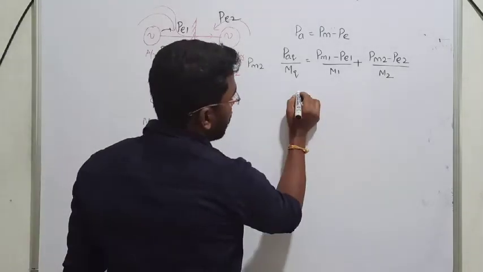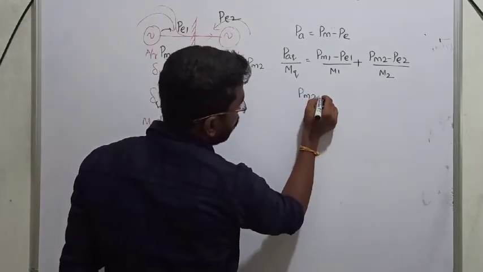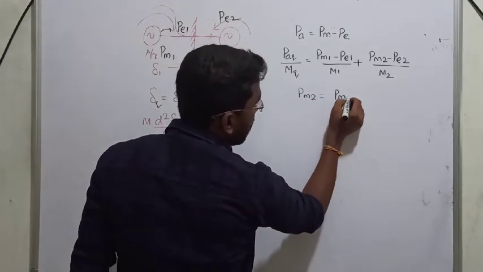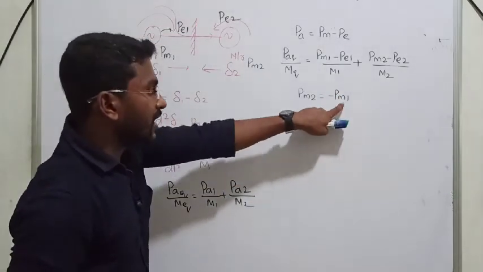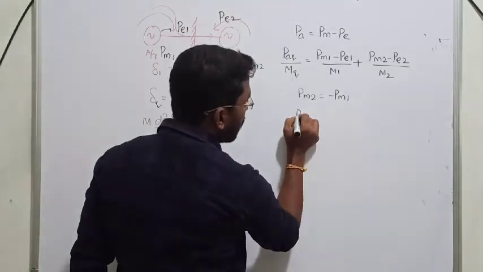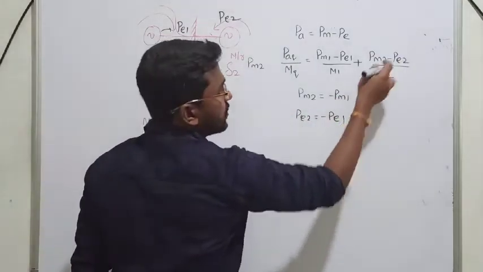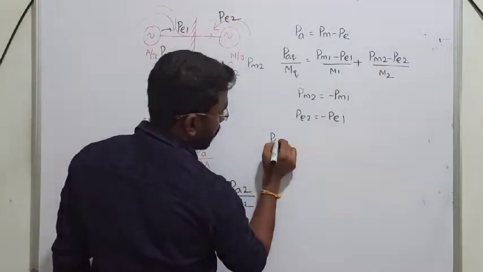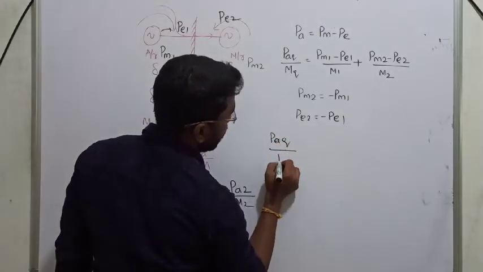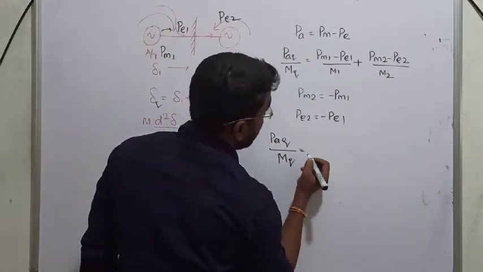So from this I can write this statement, Pm2 is equal to Pm1 only, but in the opposite direction. Why? One is delivering, another one is absorbing. Similarly, Pe2 can be written as minus Pe1. Now substitute these two values into the equation, then you will get accelerated power equivalent divided by m equivalent can be written as